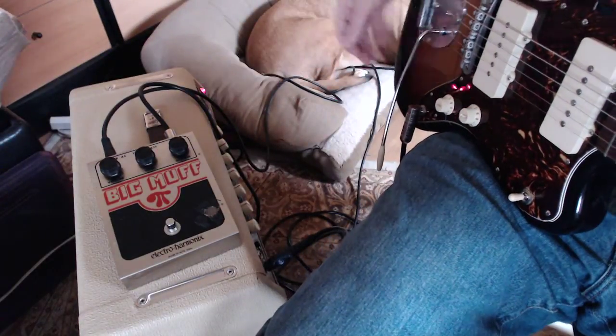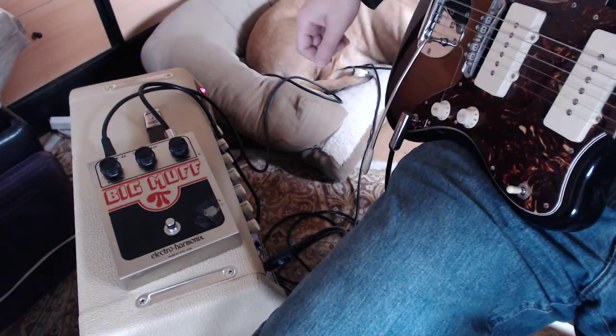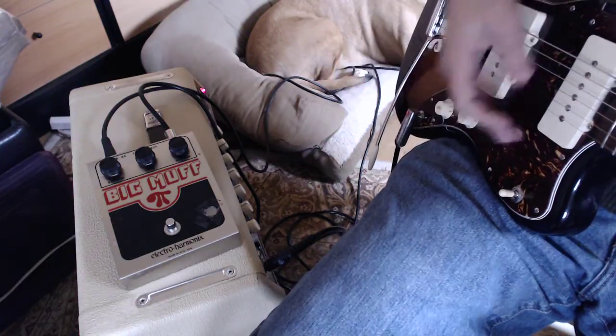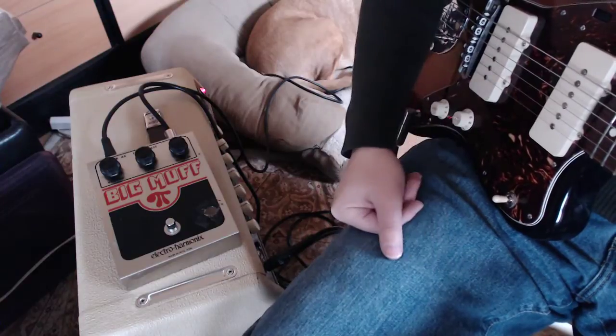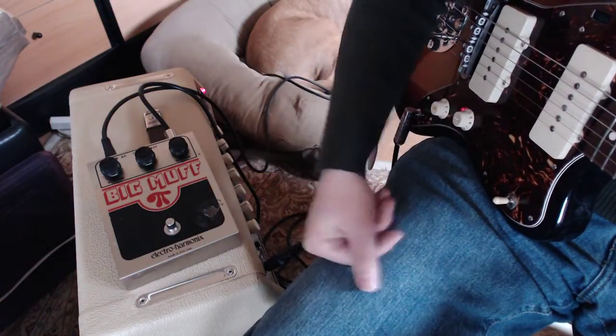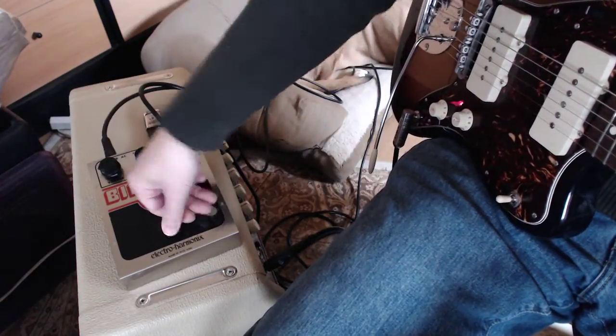So let's give her a shot. I've got my Fender Jazzmaster here, going into an Allen Sweet Spot with 6L6s, and hopefully this doesn't overdrive the camera. So without further ado,